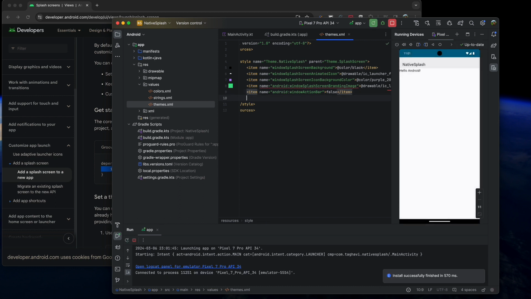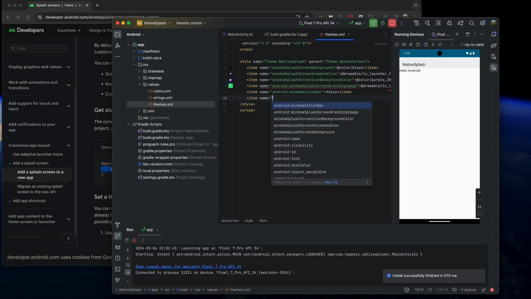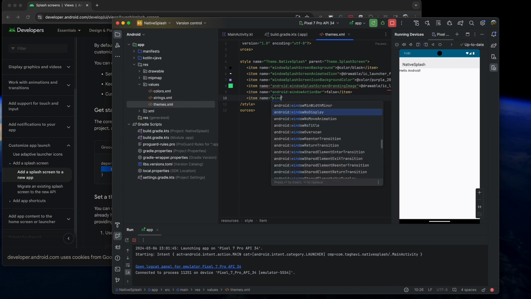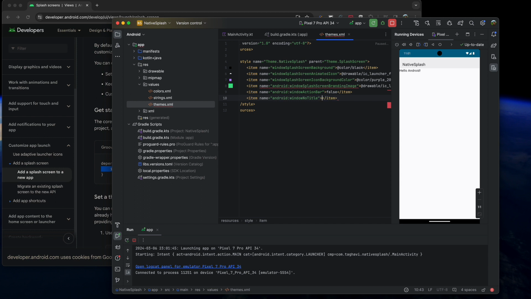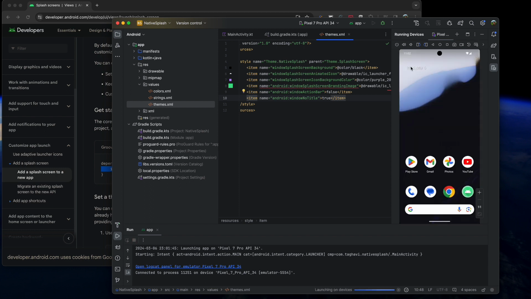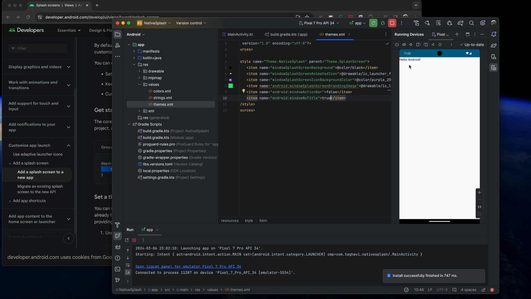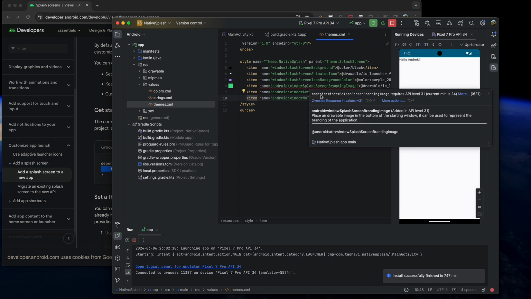Yep, I think I should say we don't want a title. Yep, it's removed. And for this error, it says it's just going to work for Android 31, API level 31